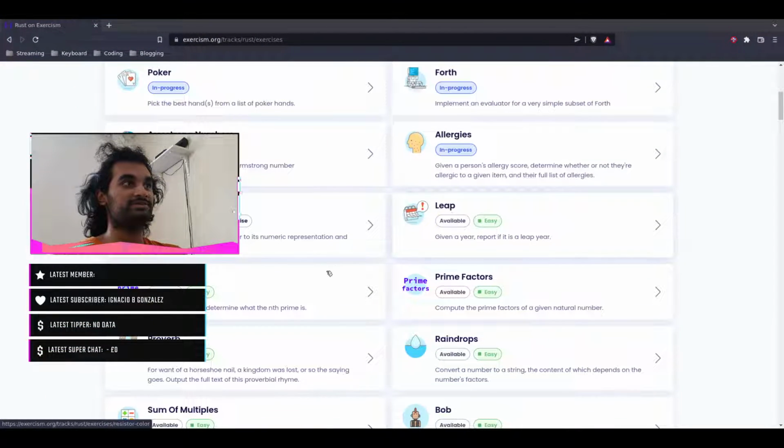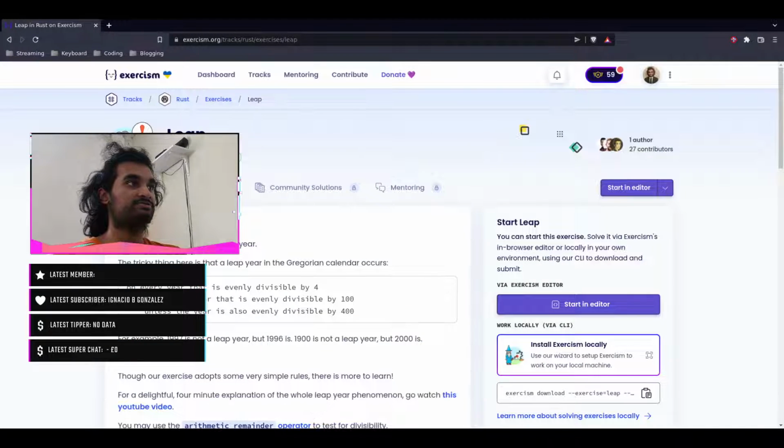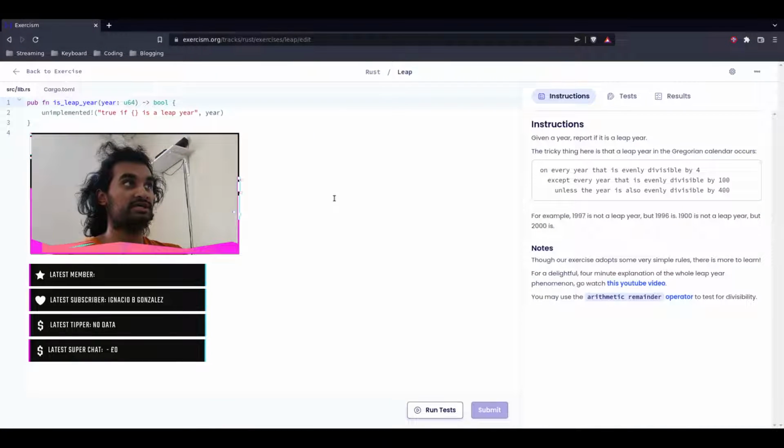So today we're going to be doing leap, nth prime, and prime factors. So this is: given a year, report if it is a leap year. The tricky thing is that a leap year in the Gregorian calendar occurs on every year that is evenly divisible by 4, except every year that is evenly divisible by 100, unless the year is also evenly divisible by 400. That seems fine. So all we do is,